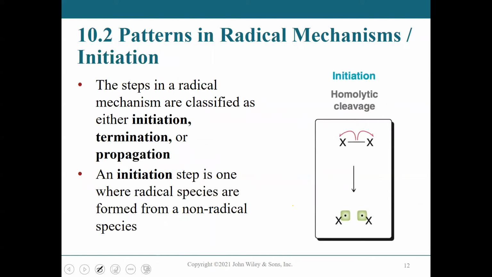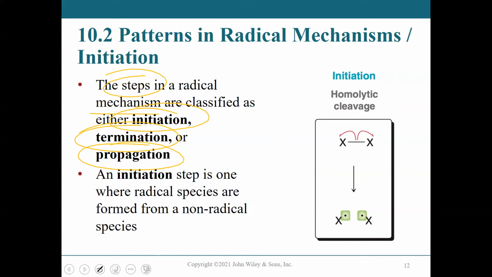Patterns in radical mechanisms can be divided into 3 large steps. The steps in a radical reaction can be called initiation, termination, and propagation. Okay, that's not the order. I think they made a mistake with the order. It should be initiation, propagation, and termination. What happens in initiation? Initiation is the step in which the radical species are created from a non-radical species or